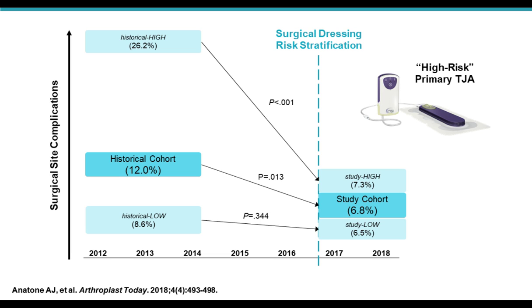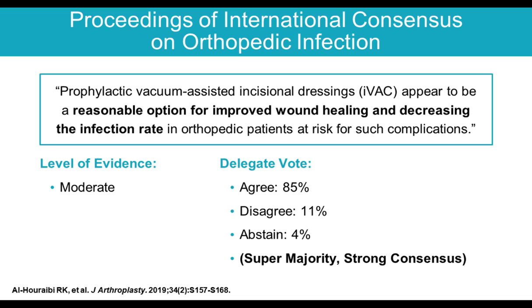But when we looked at our high-risk group, you can see there was a tremendous improvement in our wound complication rates. And the only thing that changed here that was different than the low-risk patients is that we added a different dressing to the high-risk group starting in 2017, which made a big difference in our wound complication rates in this high-risk group. So a lot of stuff's been done, and